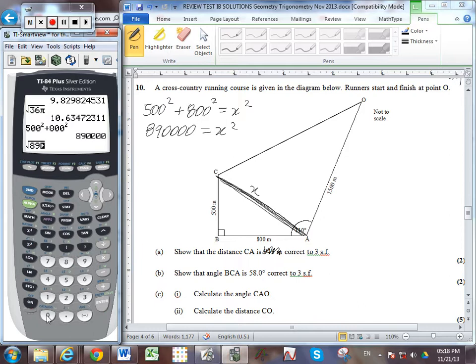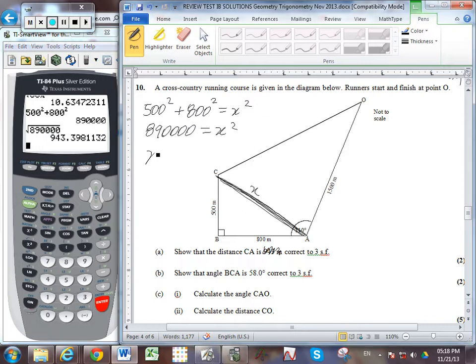Square root of 890,000 equals 943. Now this is where, I'm actually going to write this out for a moment, because it's a show that question, and when you see a show that question, please write every single possible step. It's where you want to be the anti-Calvin. X is the square root of 890,000, and we'll take the square root, and we got approximately